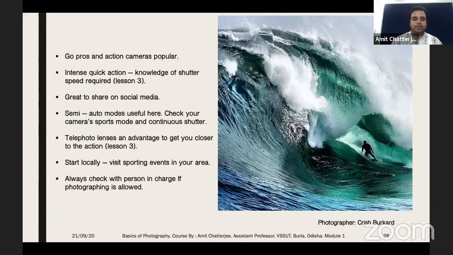The next thing is you need to start local. That means for good action photography or good sports photography, you might not have to go all the time to some certain place to take the photograph. You can start local, explore the places around you, see what activities are happening. If some football match is going on, or if some rally is going on, or if some